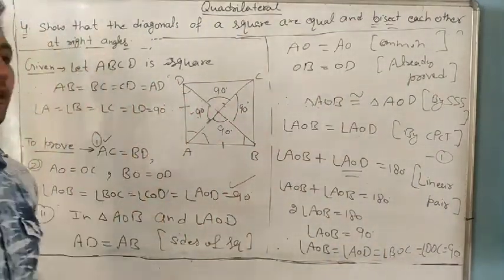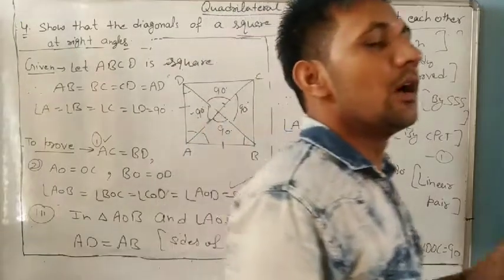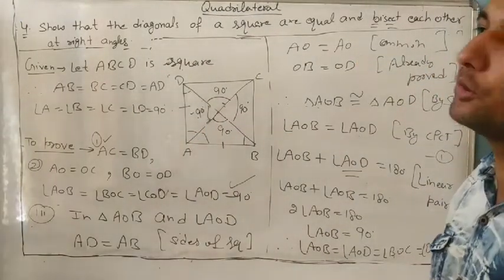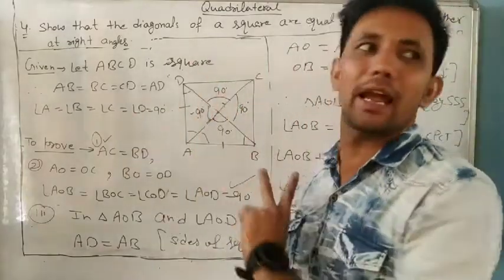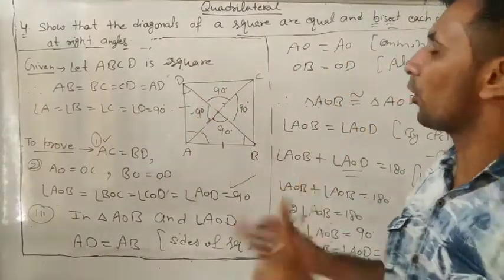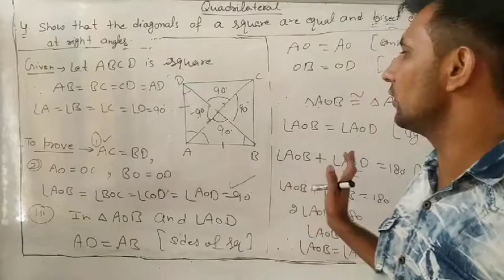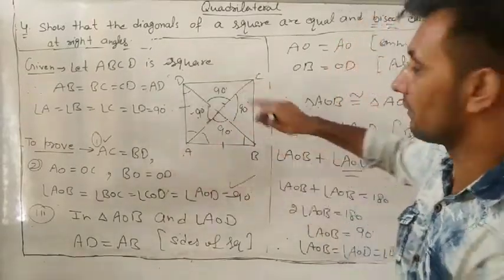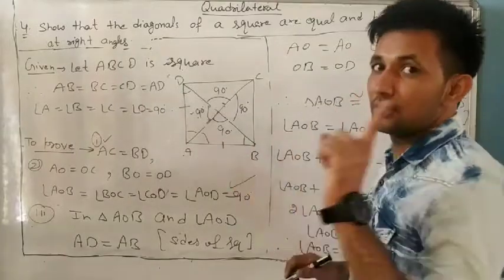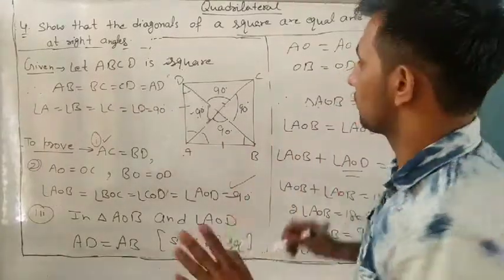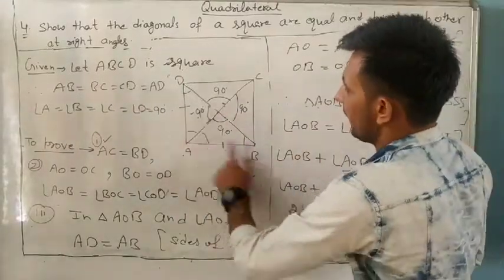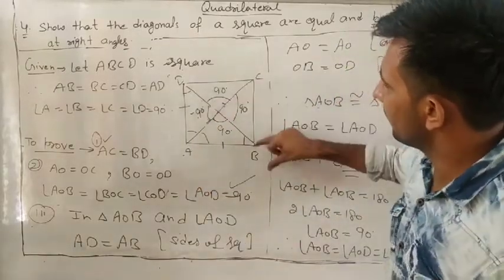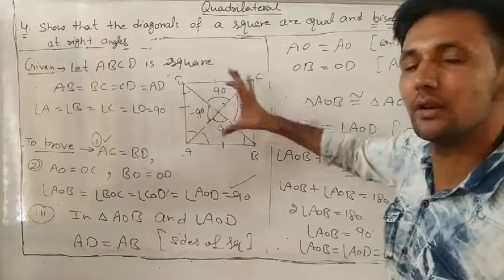So there are 3 questions in this one question. First we prove that diagonals are equal. How will you prove that? We will take 2 triangles in which both diagonals are given. Any 2 triangles you can take, ABD and ABC. Otherwise, you can take others, but the base should be the same. Suppose like this, ABD and ABC. Is the base the same or not? Yes. And BCD, BAC, this one also you can take.